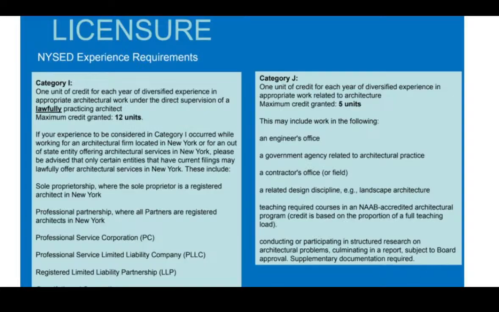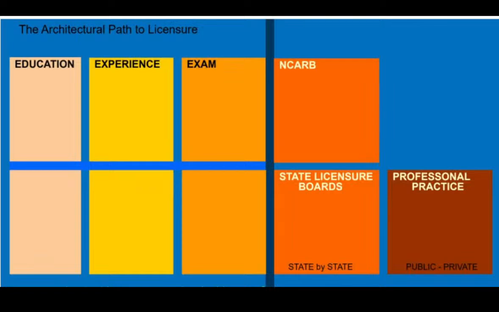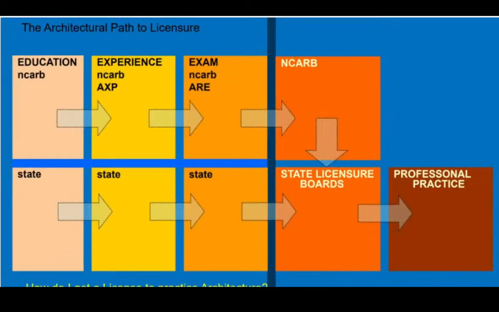Okay, so this graphic is really to show the dual path, and it's very important to satisfy the dual path. One is, for both the states and NCARB, you have to satisfy both. So NCARB will have one educational requirement, you have to make sure you hit the state's educational requirement, okay? They're not always the same, you have to check both. NCARB has an experience requirement, the state may have their own experience requirement. In New York, it's 3 years. Some states, as long as you satisfy NCARB, they're okay with that, but New York it's 3 years.